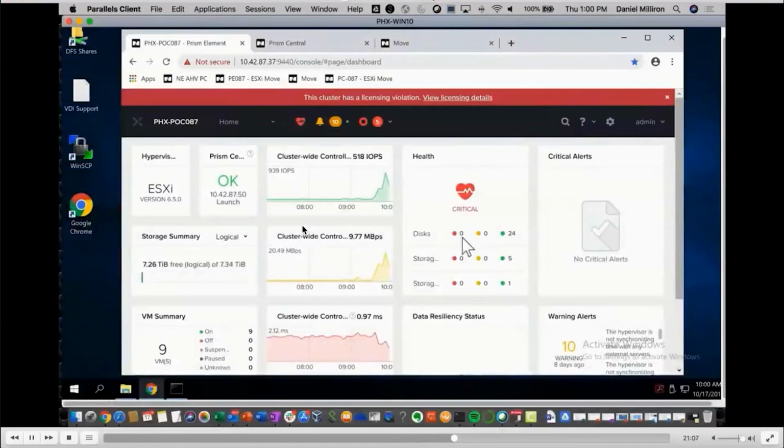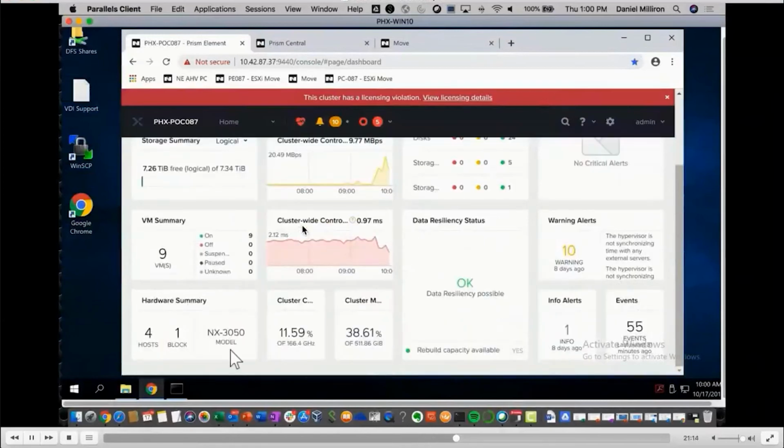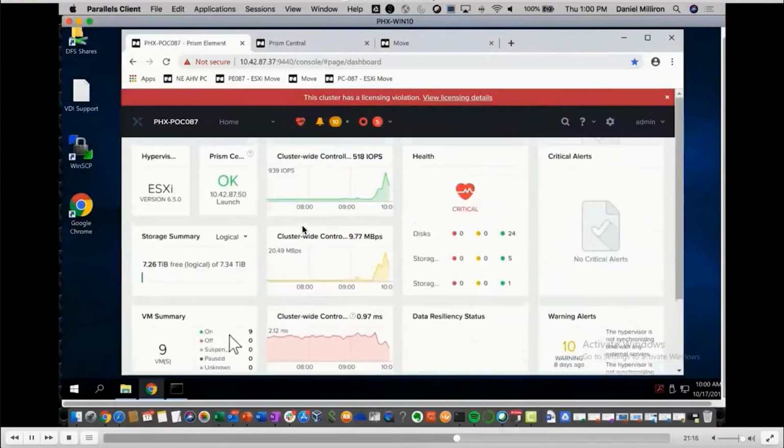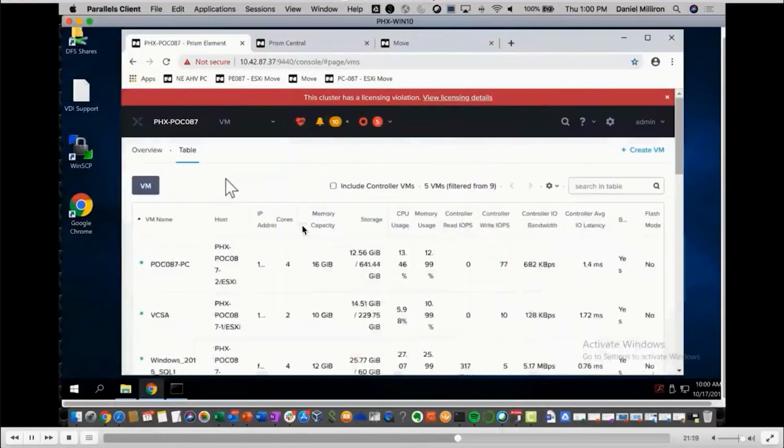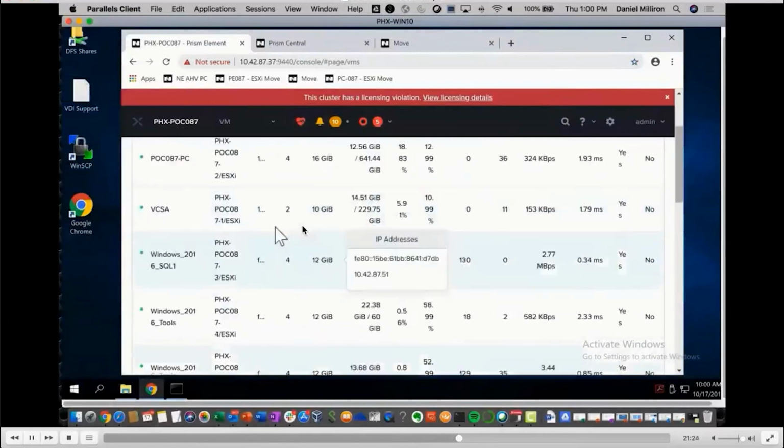All right, so the last thing we want to cover, and again, I know I'm throwing a bunch at you guys, is really how we move from an ESX or Hyper-V or even Amazon environment and migrate my virtual machine seamlessly to an AHV environment. So in this case, I'm just going to go through and show you. We have a VM here,